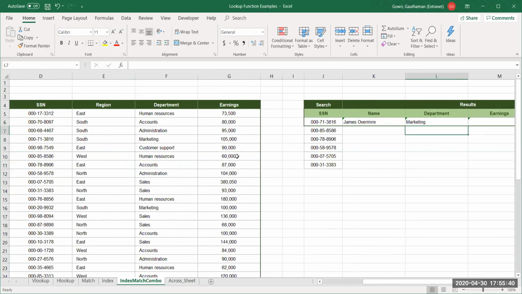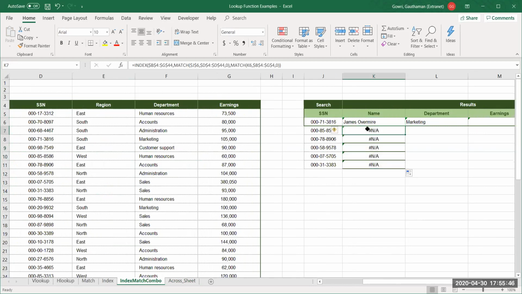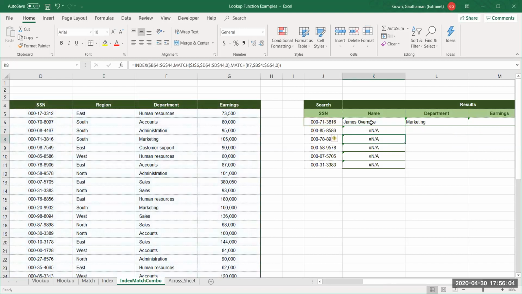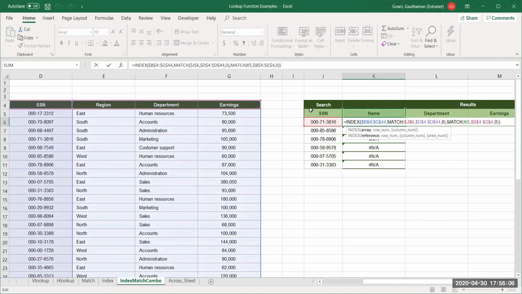Now, if I copy paste the same function over here, it doesn't work for me. You see, the cell reference still stays here. It is still taking this cell reference, which is not correct. For the second row, the cell reference should move to this, so again I should change the reference here. Over here, we have made this J6 absolute.